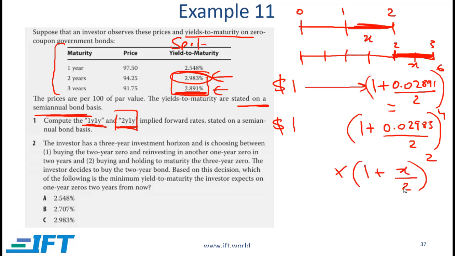Because I'm assuming that X is the annualized number, I am doing X over 2 to de-annualize. And why am I squaring? Because from year 2 to the end of year 3 is 1 year, which is 2 periods. If I solve for X, what I will get is